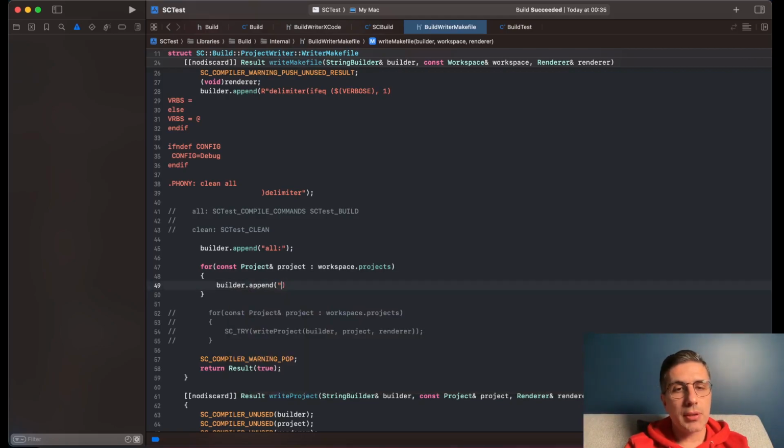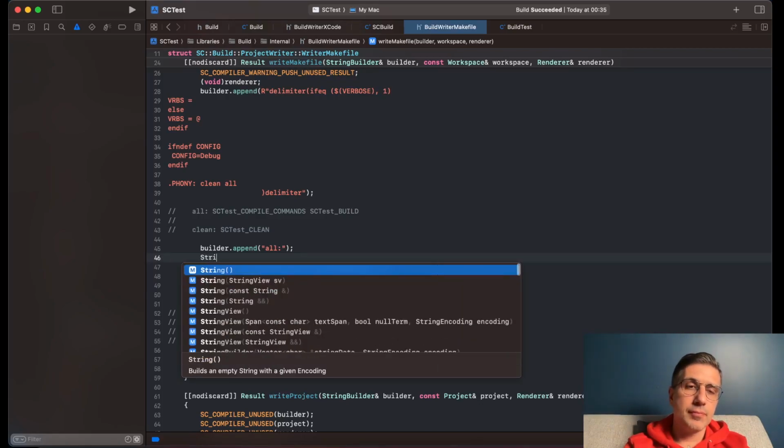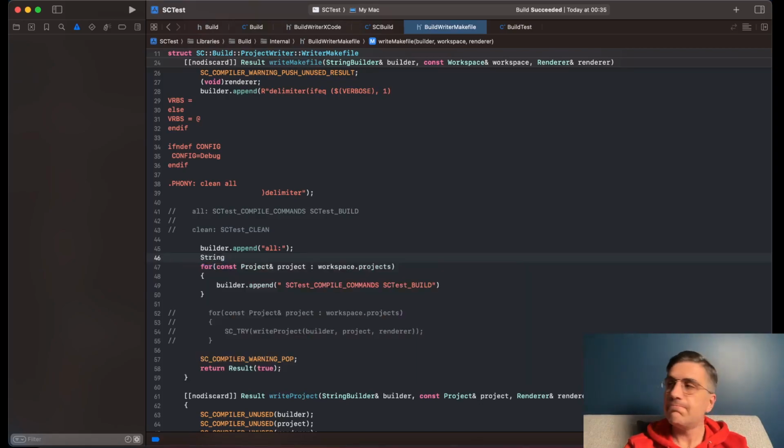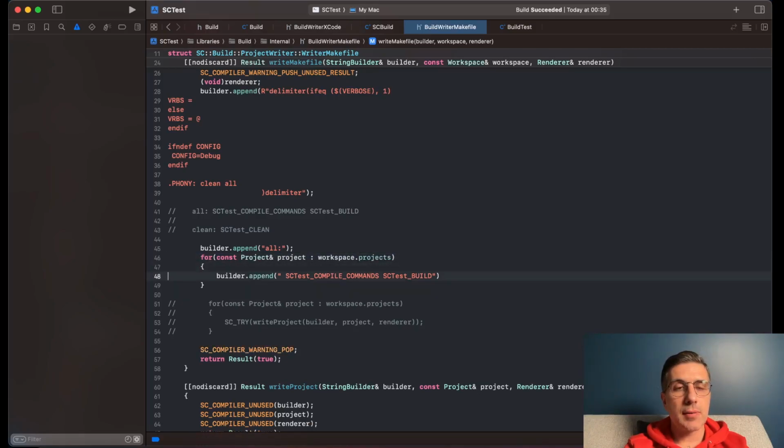So project, what do we want to be generating here? So let's assume that sctest is the name of the, I have to generate this. So this is like the, how do we call it? Make target. And for now, we can make this the same as the